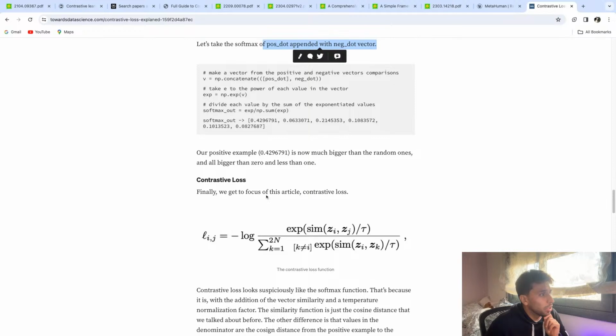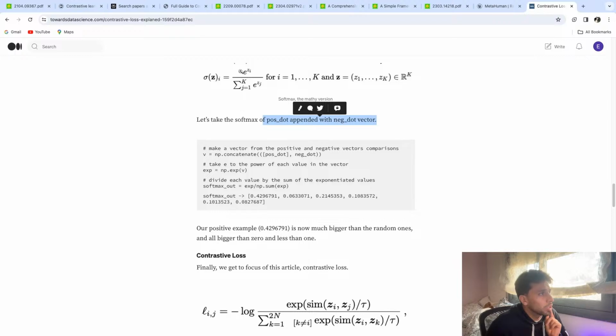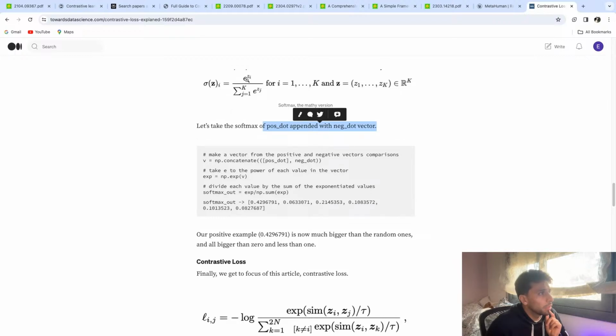Okay, so what is he doing? Here we have a mathematical form that says zeta. Please, if you know how to say that, help me, because I am learning English too. Yeah, let's take the softmax of a pos dot with the neg dot vector, the vector from the positive and negative vector comparison. And we concatenate pos dot neg dot